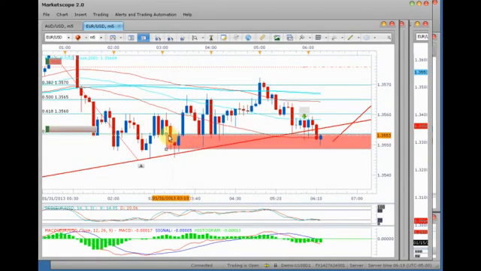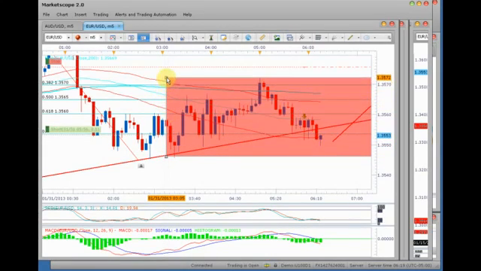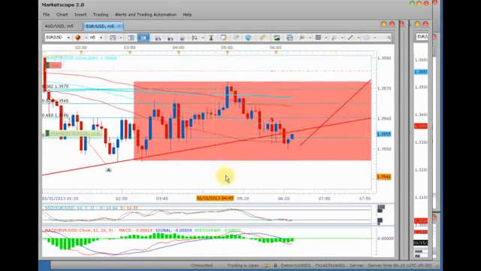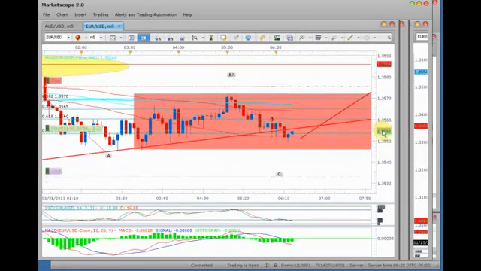It's almost like the city workers will say, hey, you know what? Let those Yanks tell us where things are going, after we've got this consolidation here. This is Asia, and now we're moving into the Frankfurt Open, the European Open, and we're still stuck in the range. That's like our low of the session. The low comes in at 35.46, and we're still trapped in the range,